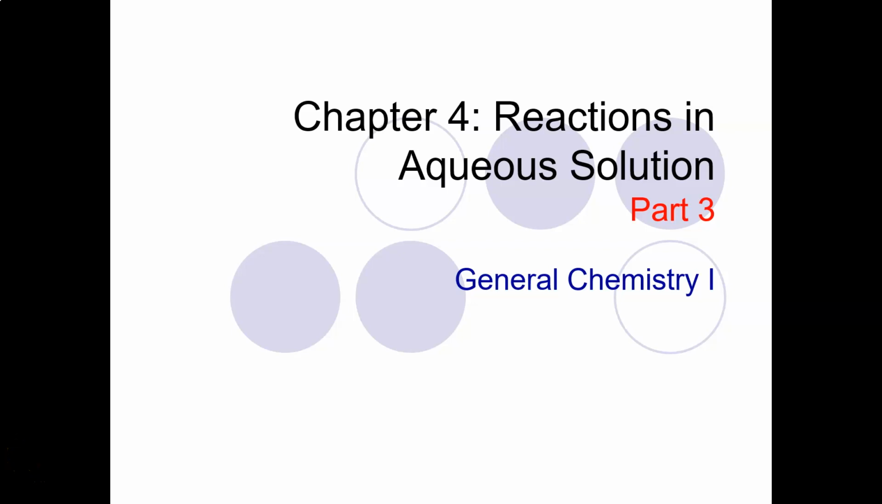So now we're to part 3 in chapter 4. In the first two parts, we have learned some new types of chemical reactions. We've learned about solubility rules, electrolytes, molecular, ionic and net ionic equations. So in the last video, we ended with molecular, ionic and net ionic equations, and we practiced doing those on metathesis